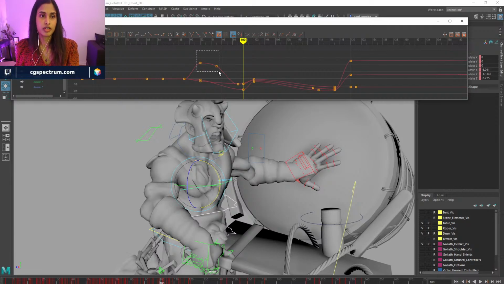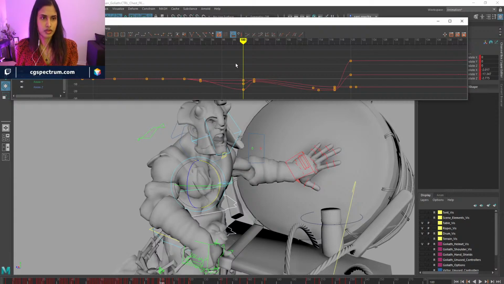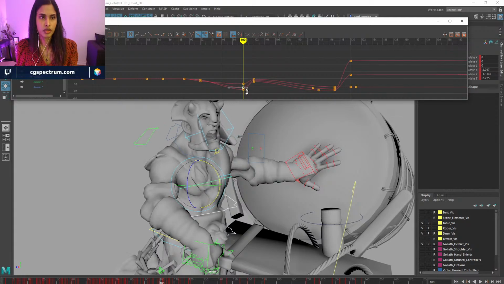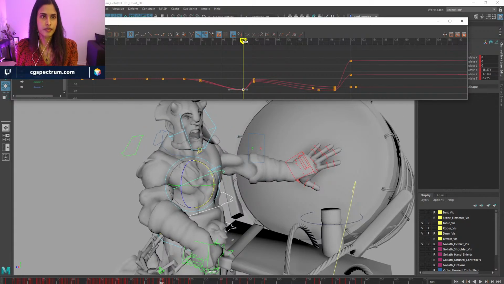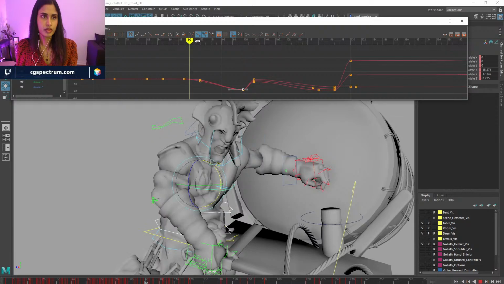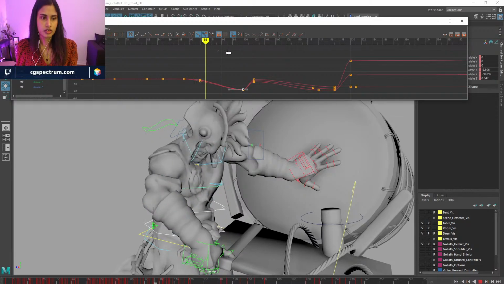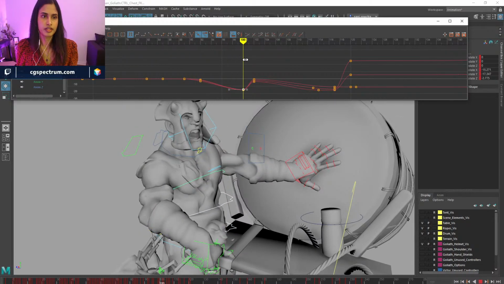I'm just keeping it pretty simple, so we'll have all three with the same move, right? Right here it is closed and then it opens. So right now all three curves of the root and the torso are doing the same moves.